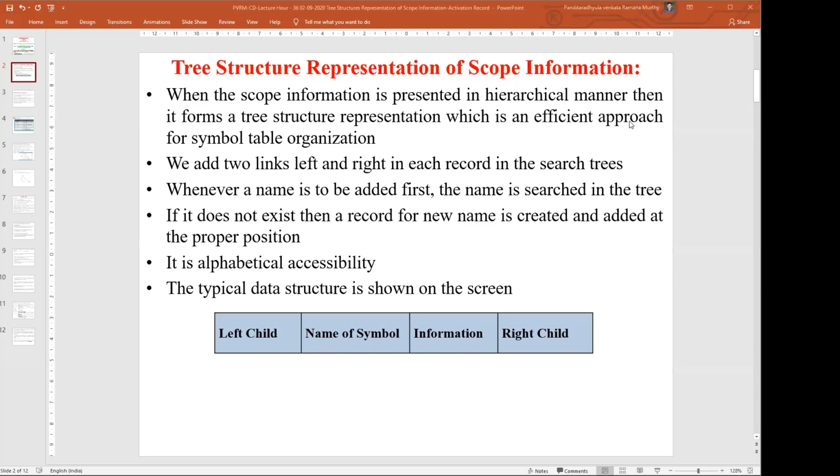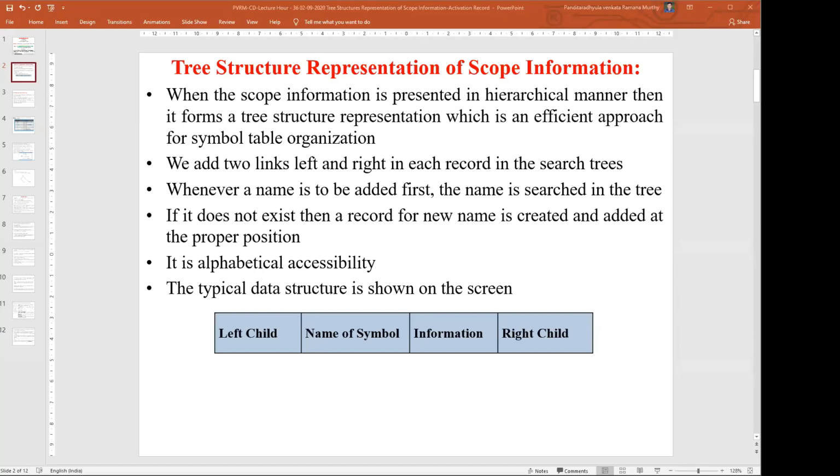Generally, we access the variables according to alphabetical positions; that is what we call binary search trees. AVL trees also work on the binary search tree principle, but we balance the height so that accessing any variable takes the same amount of time.